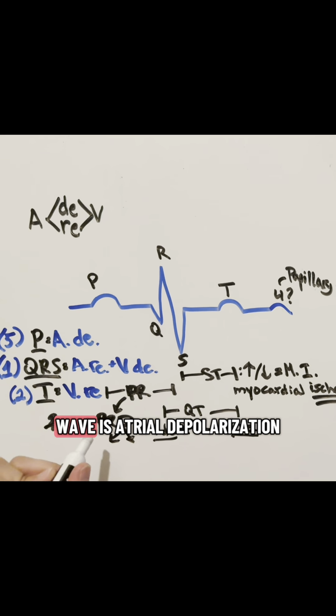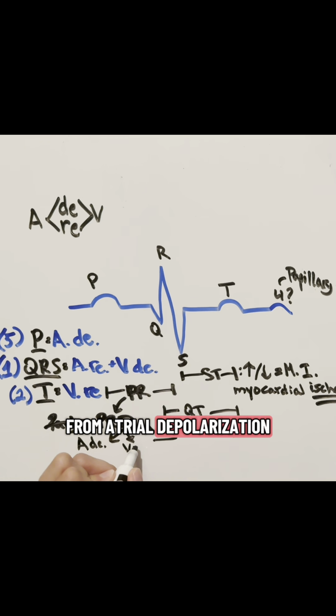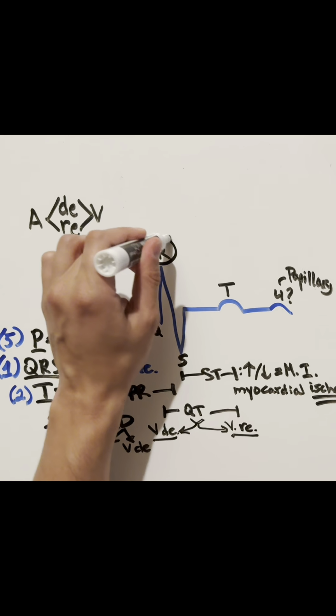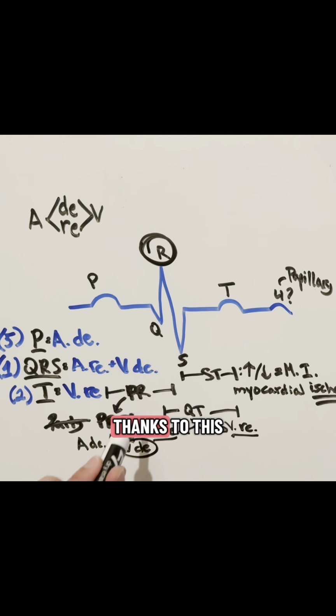So we know that the P wave is atrial depolarization, and since this is a party of the depolarizations, it's going to be from atrial depolarization to ventricular depolarization. That is what the PR interval is, a party of the depolarizations, whereas the ventricles are cute for that QT interval. Aside from this, R, since we know R is ventricular depolarization, thanks to this PR interval, and this being the party of the depolarizations,